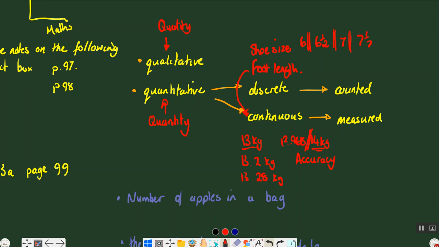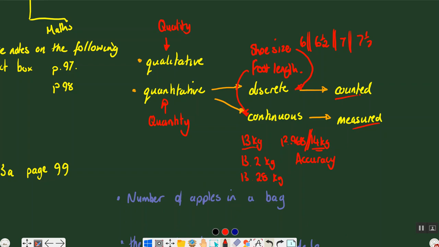But the rest of us go, I'm just a 6.5. Give me that. It works. It's fine. I'm going to put thin socks on today, and I'll put thick socks on tomorrow. That affects it, you know. So shoe size is actually discrete data because there's gaps. And it's about how we display these things. So we've got those qualitative, quantitative, discrete, continuous. Are they counted? Are they measured?